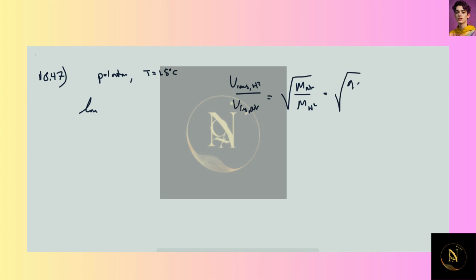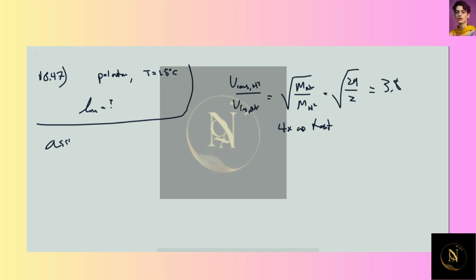And the molar mass for air is roughly 29 grams per mole. And the molar mass of hydrogen H2 is obviously 2 grams per mole. And this comes out to being 3.8. So what that means is the VRMS for H2 is roughly 4 times as fast as for air. So from that,